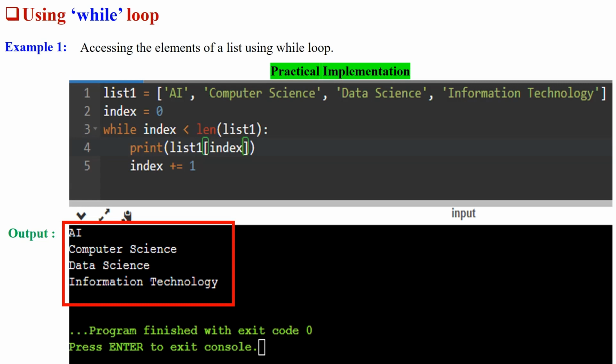Let's see an example. Accessing the elements of a list using a while loop. Now, look at the Python code. In line 1, a list named list1 is defined with 4 elements. In line 2, an integer variable named index is initialized with the value 0. In line 3, the while loop iterates as long as the value of index is less than the length of list1. The condition index < len(list1) ensures that the loop runs until all elements in list1 are